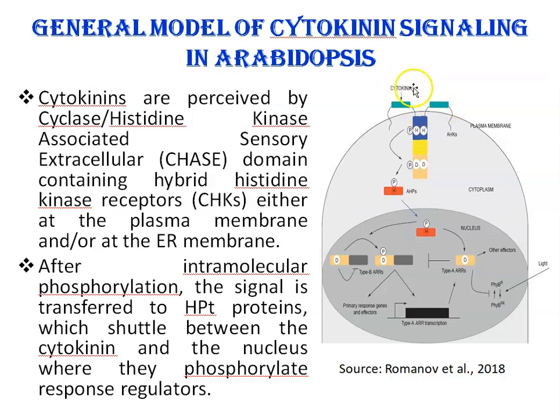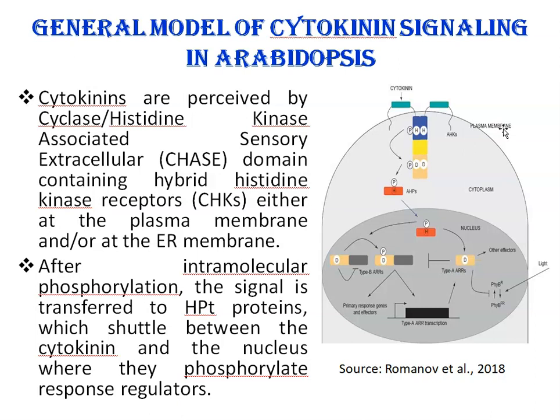So cytokinin is here, it is perceived by CHASE domain, as CHASE domain containing hybrid histidine kinase receptor, CHKs, right? Either at plasma membrane or at endoplasmic reticulum membrane. Now listen, subcellular sites for the onset of cytokinin signaling are still uncertain and experimental data are in part controversial,